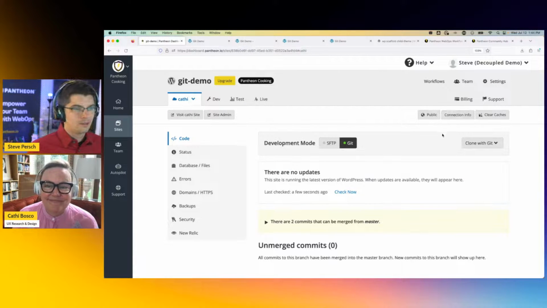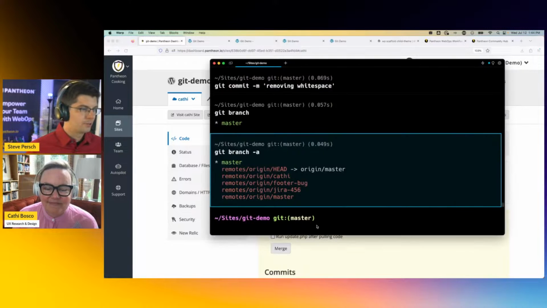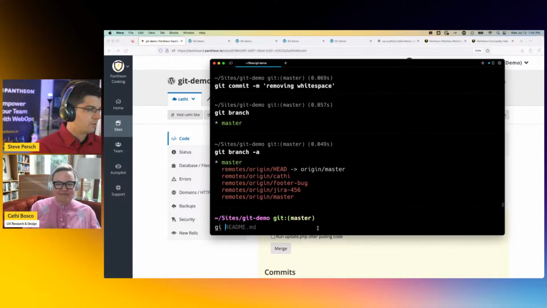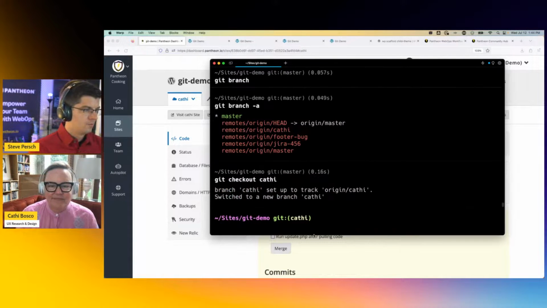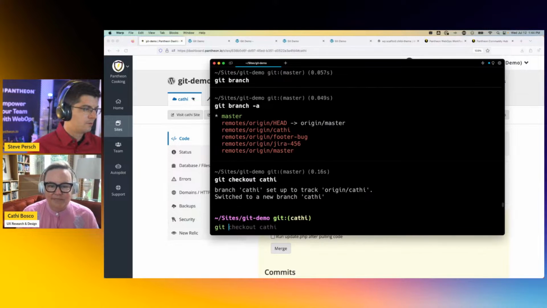and do your work in SFTP mode as you were, and then when you're done, you can do the merge here. You could merge on the command line. I suppose I'll show a command line merge. So I will git checkout Kathy, which I suppose is similar to clicking over to the Kathy multi-dev environment. And then I'll do a git merge here,